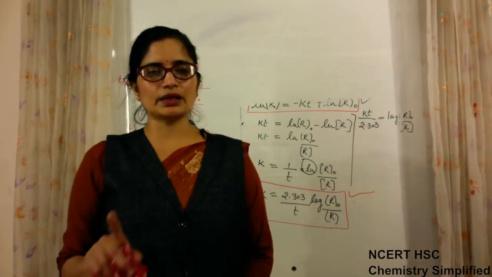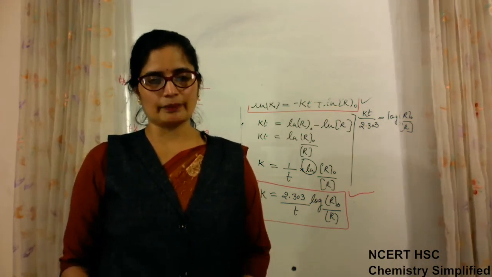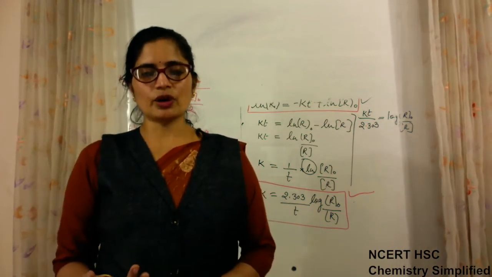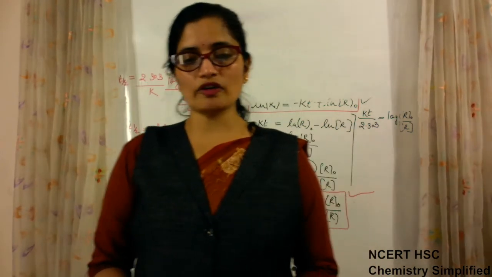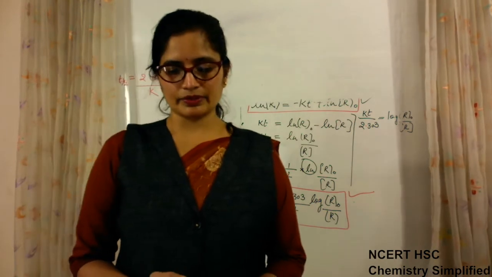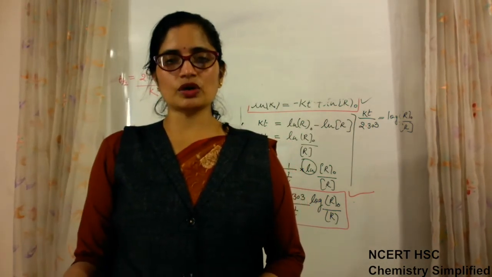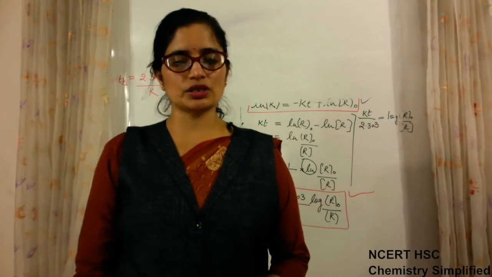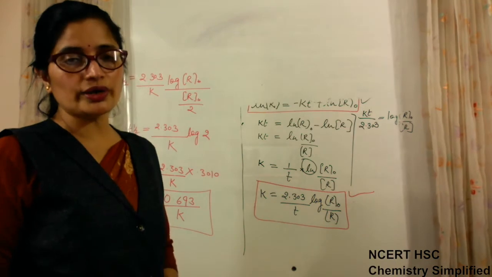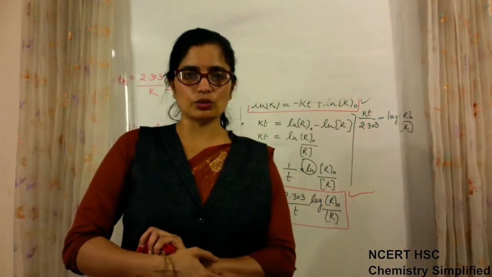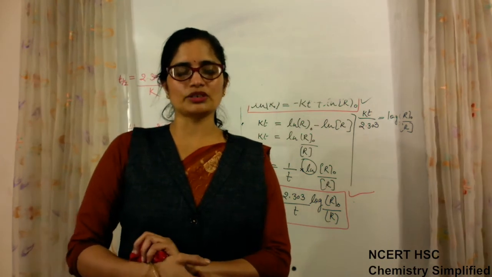So from this chapter, one numerical is fixed every year. One numerical will come. And questions from order of reaction and molecularity of reaction are always there. Okay, so prepare in that manner. Also, one question was always there from Arrhenius equation. So this time this is deleted, so in place of that some theoretical portion will be included more, because numerical at the most can be asked is only one from the chapter.